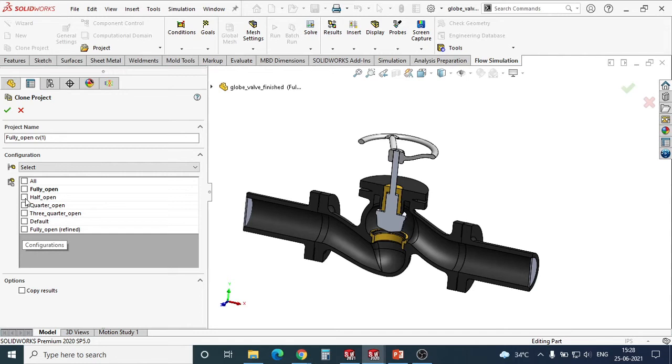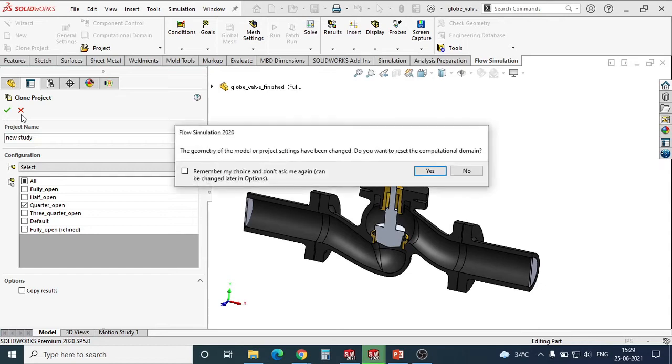Say I want to copy this to the quarter open condition. I will give the name, for example, new study, and all the settings of my full open condition will be copied to the quarter open condition. So if I just hit OK,